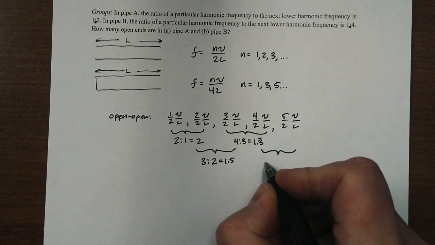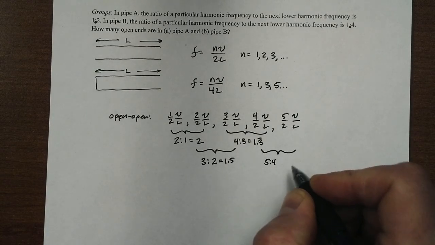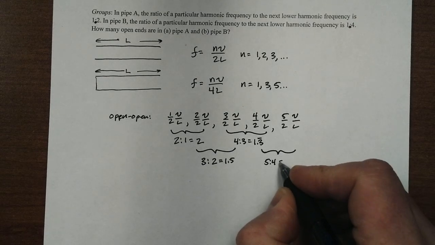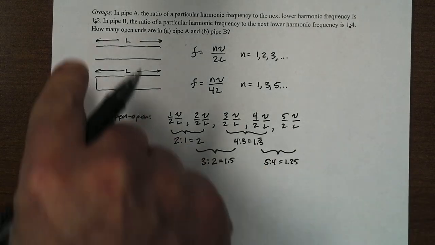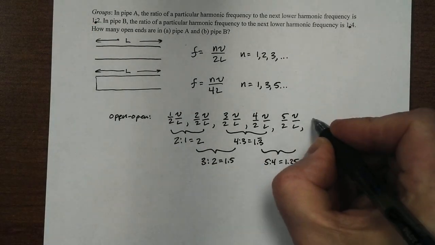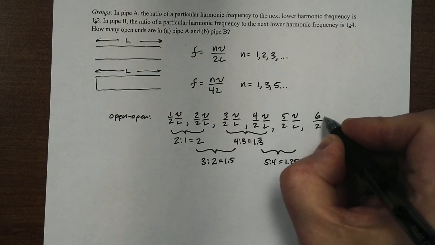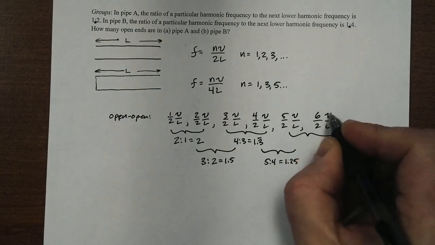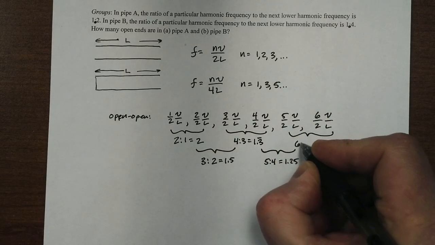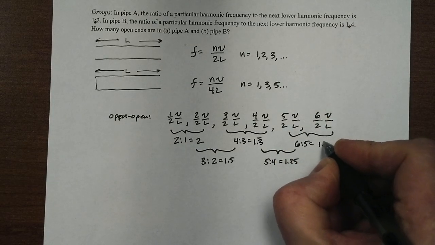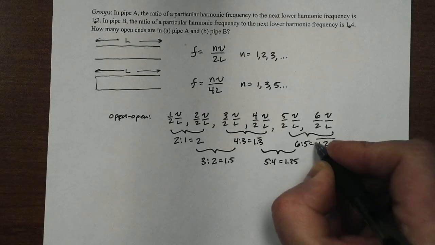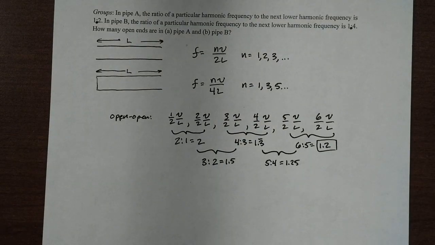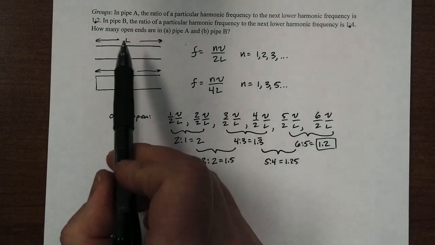The next one on here is 5 to 4, so that's 1.25, still above that, not quite there. But if we write the next mode in here, the ratio is 6 to 5, which is indeed 1.2,